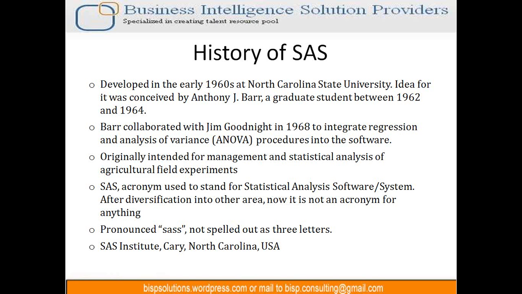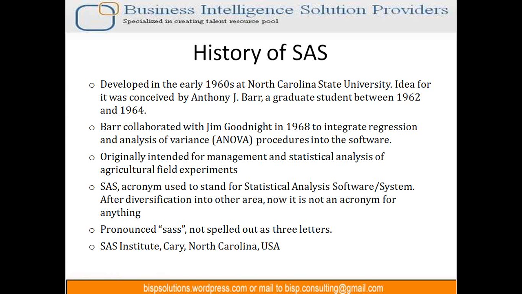was initially meant for statistics, and at a later point in time people started understanding the beauty of the software and started using it for data management activity and data reporting activity, and some people can even do predictive modeling. They can also perform basic statistical or mathematical analytical operations with this software.